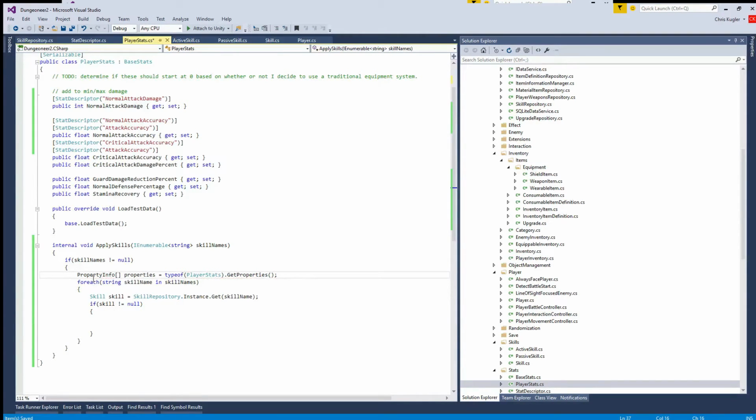So we're going to get all the properties from our player stats class, this guy. So we've got information about all these. So if our skill is not equal to null,